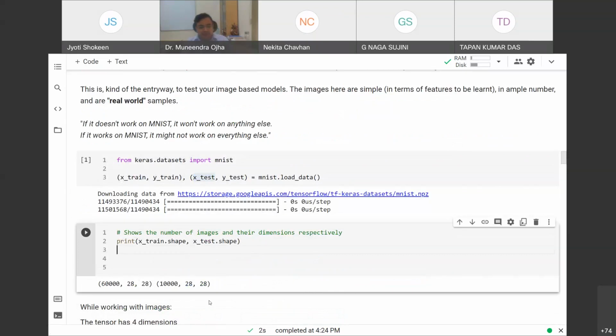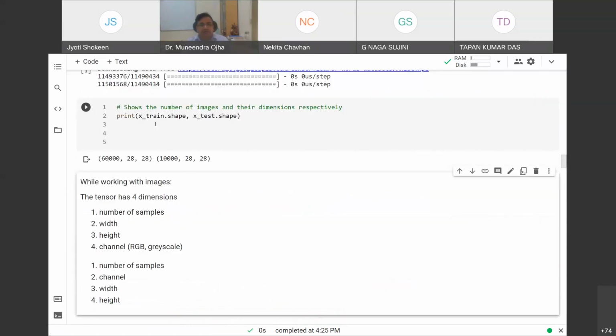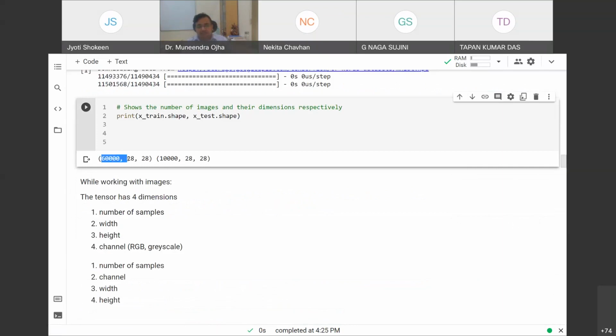If I want to see the shape, you see this is the shape of the train data: 60,000 samples with 28 by 28 pixel sizes, and the test shape is 10,000 samples with 28 by 28 pixels. What we are dealing with over here are tensors. In TensorFlow, the basic data structure is the tensor, and the flow of that tensor is actually the whole game, how we are dealing with tensors, how we are dealing with the data. The data structure in which we store the data is called a tensor.